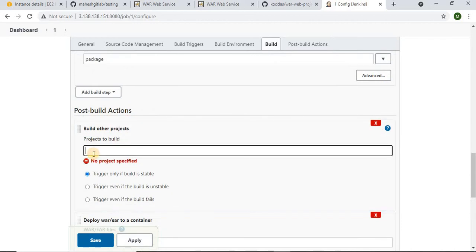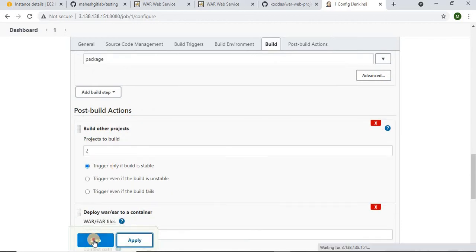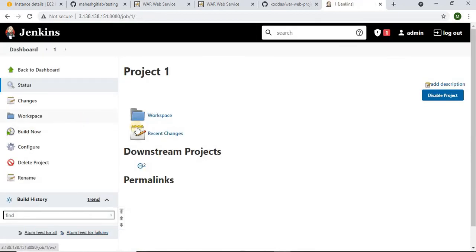Which project you want to build? Project number 2. Apply and save. So this means you have linked the second project to the first. If I execute job 1, once the execution of job 1 is done, automatically the second job should also get executed. Now the testing is done, so testing we also included.